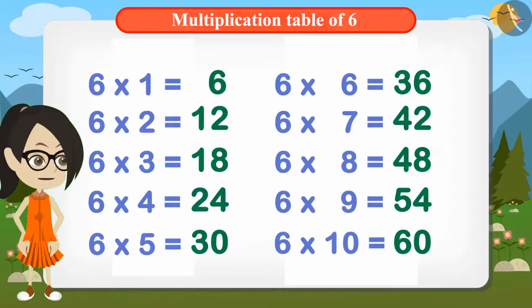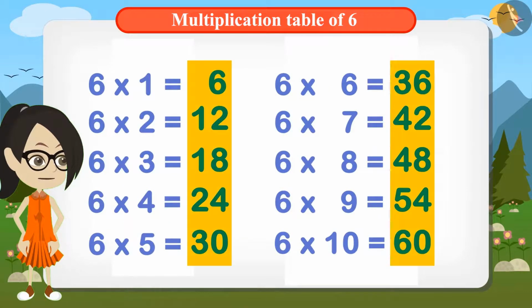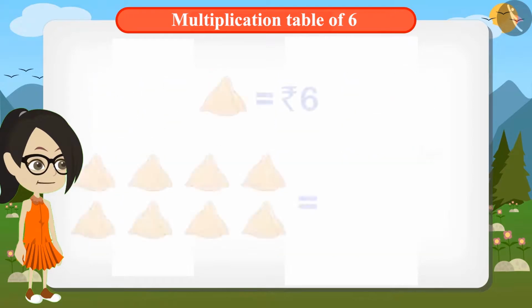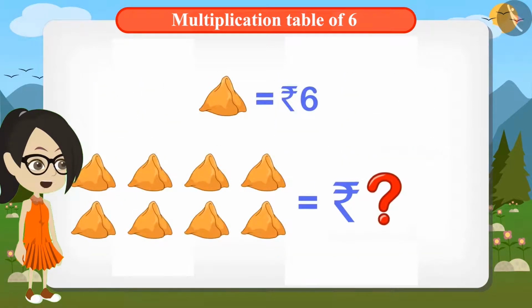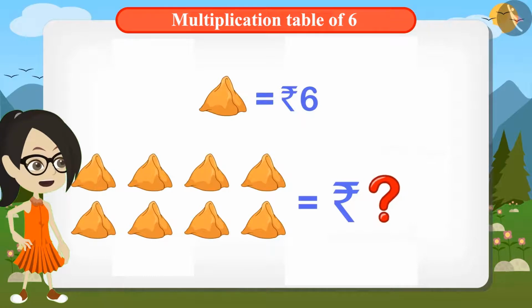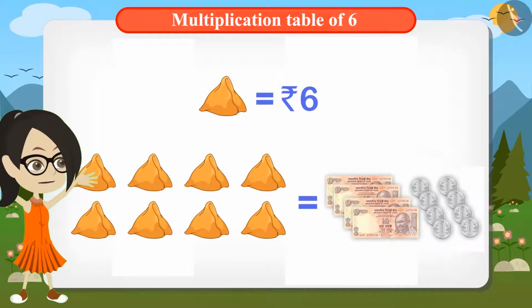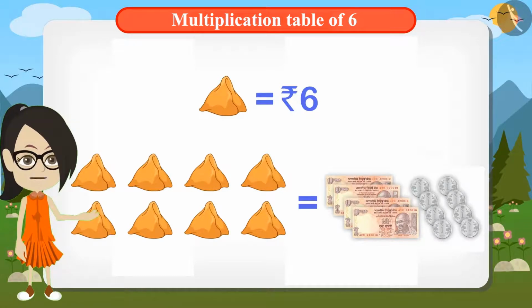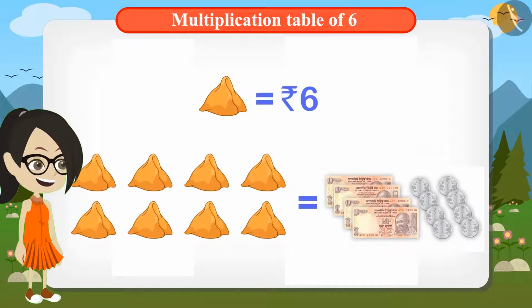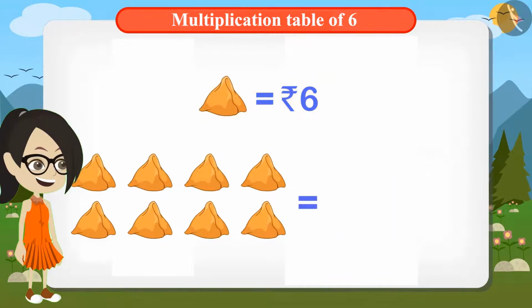We have already written down the table of 6. Now, we can find out what is the cost of 8 samosas. That will be 6 times 8, which is 48 rupees. Now, I will give 48 rupees to Chaggu uncle. Vandana has figured out that 8 samosas will be for 48 rupees at the rate of 6 rupees per samosa. Do you think Vandana's answer is correct?